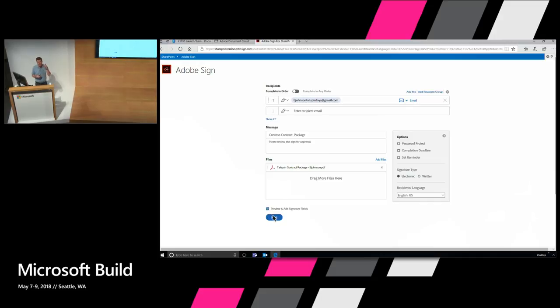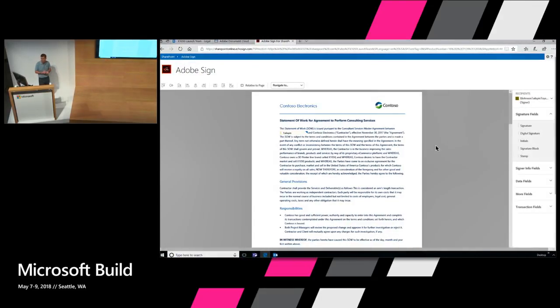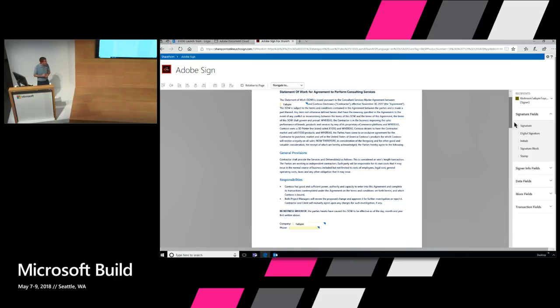We'll preview this, and we'll actually insert an overlay set of information on top of the document. So here we see, coming from the SharePoint list, the name of the partner, Tailspin. And if we scroll down, we have an opportunity to capture a phone number from our partner, which will go, again, back into that SharePoint list, starting broader workflows. So we put a signature block in place here. This is going to be where Brian, as the recipient, goes ahead and signs this particular document.